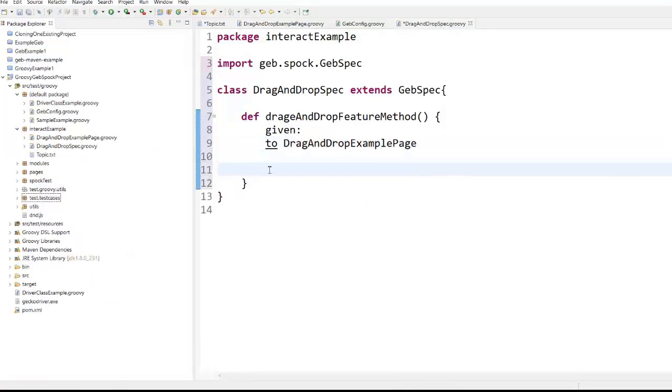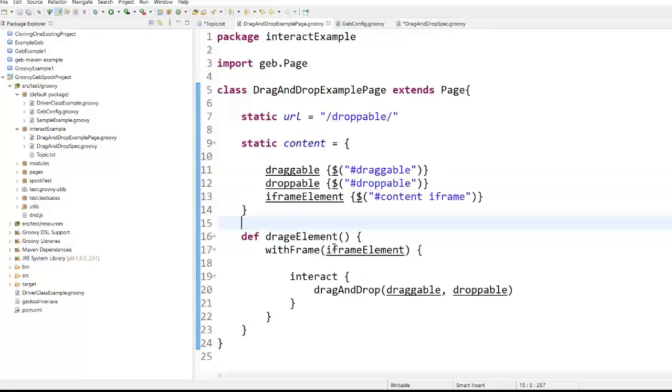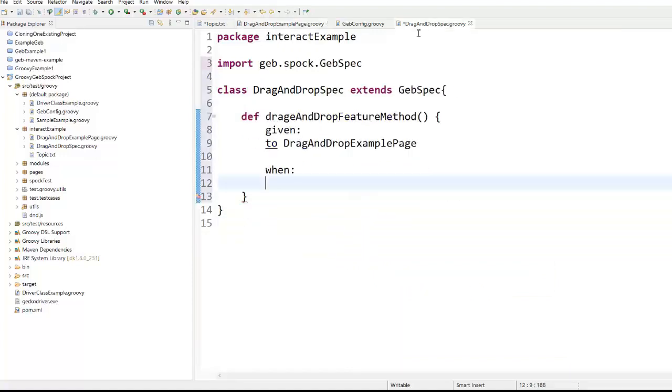Now from here we are going to call when. We are going to write it like this, when we are performing the action, that is drag element. Let's see what is the name of the method. I'm just going to copy this method and paste it here.